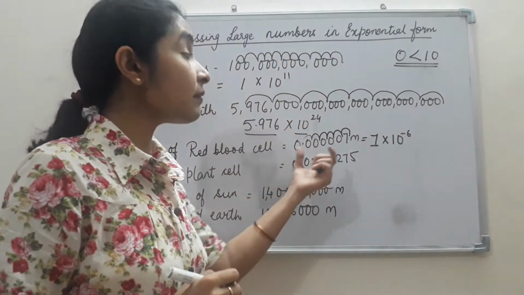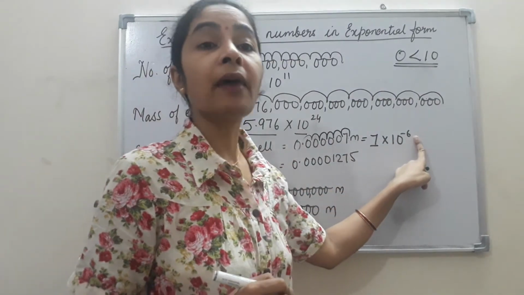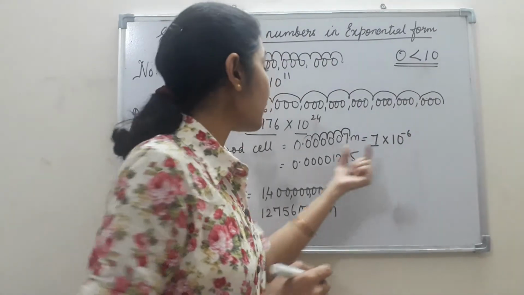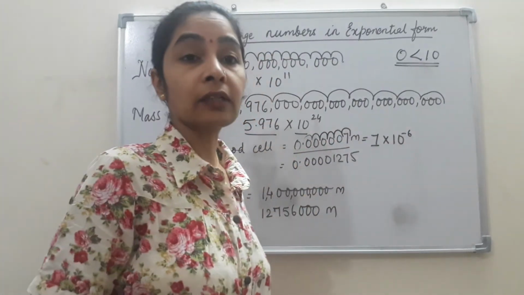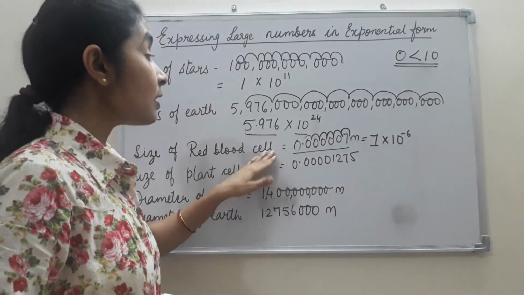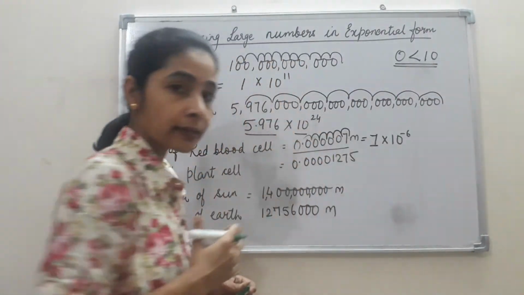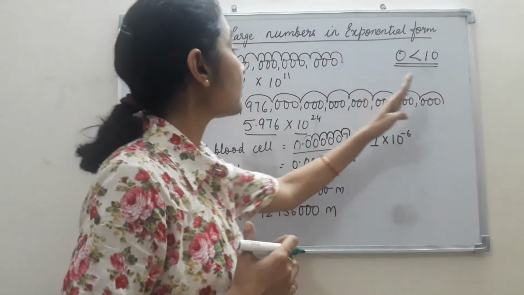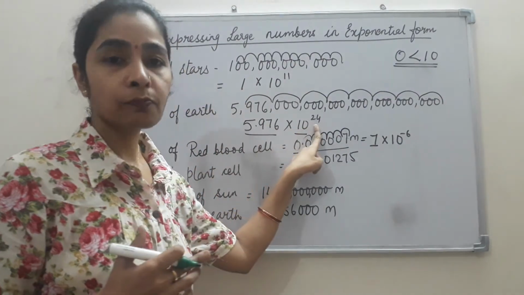Okay, I have expressed it in the form 7. Now this 7 is how many times bigger than this number? 10 raised to the power 6 times it is greater. But I want to express this number, so I will change the power into negative. Now after understanding this, you are just supposed to remember that when the decimal is shifted to the right hand side, the power is always negative. When the decimal is shifted to the left hand side, the power is always positive.